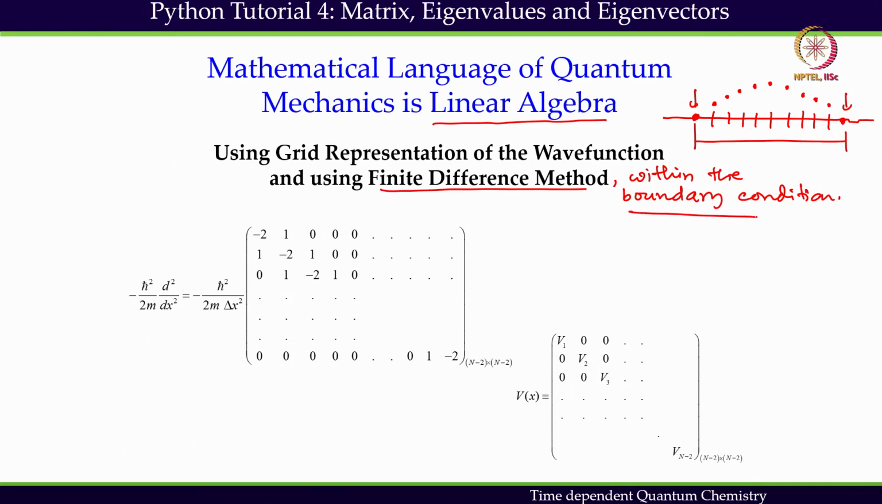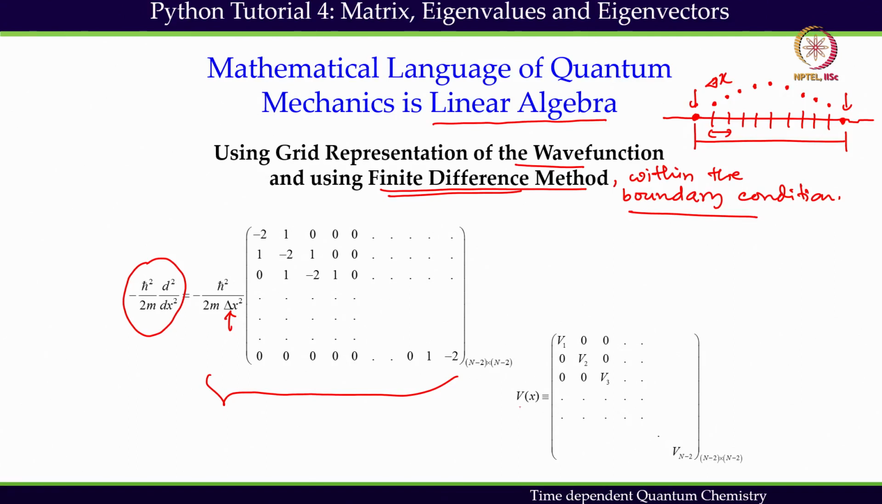So, we use this boundary condition, then the finite difference method for the derivative and the discretized wave function. Then what we get is the kinetic energy part of the Hamiltonian, which can be expressed in a matrix form like this. This is a tri-diagonal matrix, that we have already seen. And this delta x is the difference between adjacent grid points, and h cut m comes directly from the definition of the kinetic energy